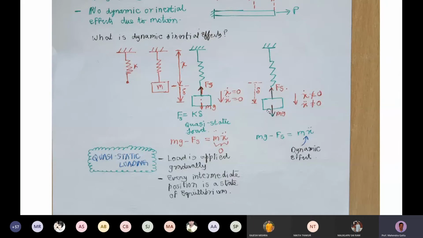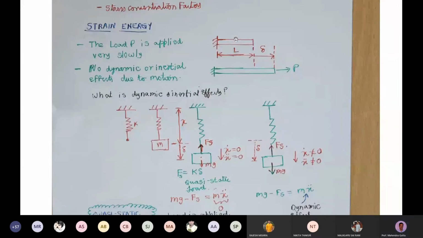We are not studying this; we are neglecting the dynamic effect when we load this spring. So in quasi-static loading, we are neglecting the acceleration term. How do we do that? We don't apply the load in one go; we apply it very slowly, in increments. That is quasi-static loading. When I say this bar is subjected to an axial load and is loaded quasi-statically, I mean the load is applied in a gradual manner. We apply small increments delta P, calculate the deflection, then add additional load and calculate the additional elongation.